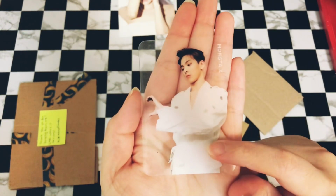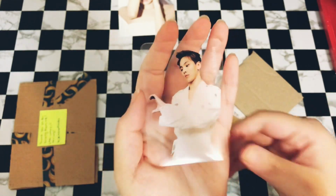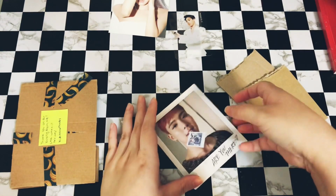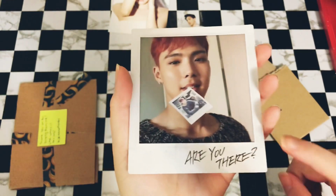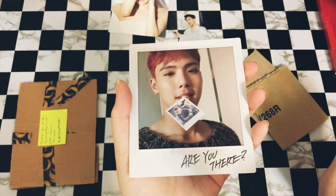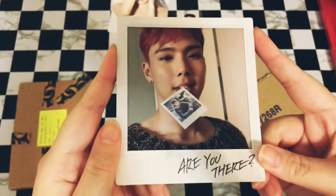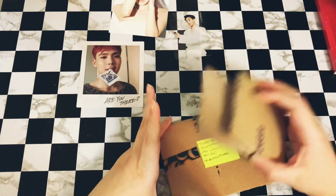So we have Shownu's clear card from We Are Here. This is the one that I needed. I already had the other one that I got from a trade, and then I also got his Polaroid from Are You There, because even though I don't have this album, I want to get this album next, and I'm pretty sure it's not gonna come with any pre-ordered things, and this is a pre-order item from that album, so I saw the opportunity to snatch it up so I don't have to worry about it if I buy